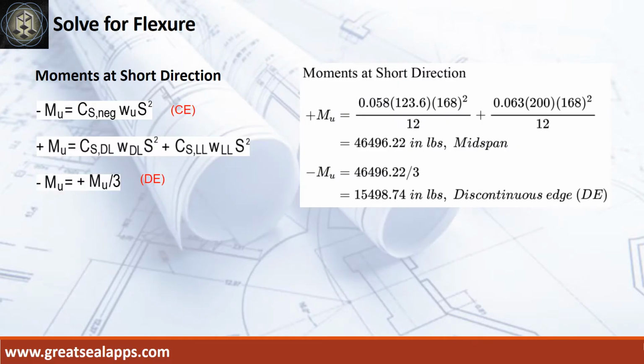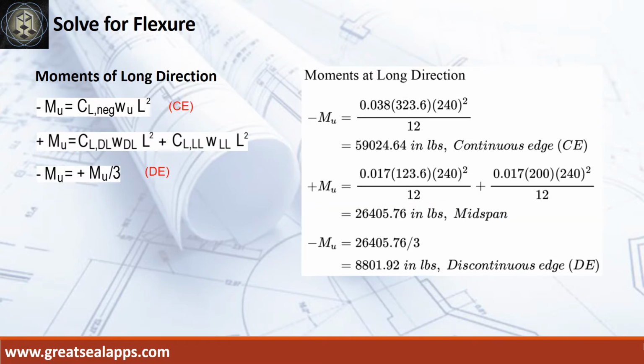Moments at short direction. Positive moment at midspan is 46,496.22 inch-pounds. Negative moment at discontinuous edge is 15,498.74 inch-pounds. Moments at long direction. Negative moment at continuous edge is 59,024.64 inch-pounds. Positive moment at midspan is 26,405.76 inch-pounds. Negative moment at discontinuous edge is